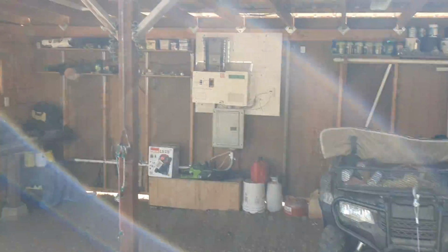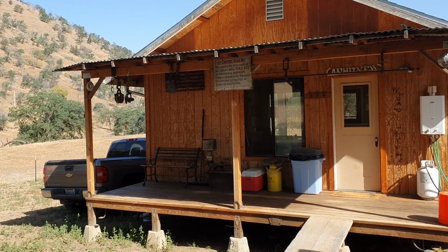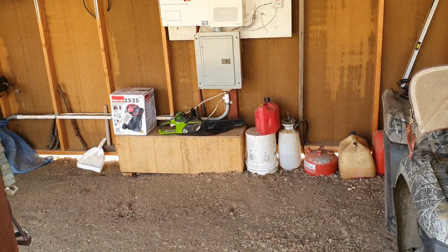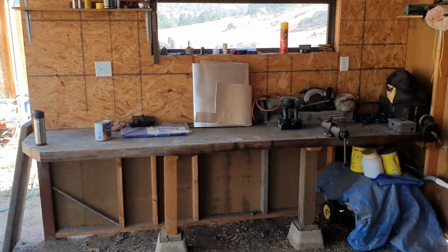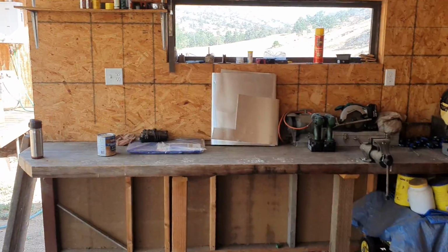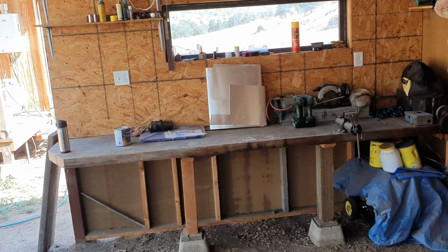Got another, here's the solar equipment here. It originally sat on the back wall of that cabin over there. But when we put the shed up, we moved it over here. Hung it right there. Batteries are down there in that brown box. This workbench used to be longer and wider, and it was around the back of this cabin before that porch was. So when we put that porch in, this sat over here on the ground for a while, and it was nice and sturdy and thick, so I modified it and decided to